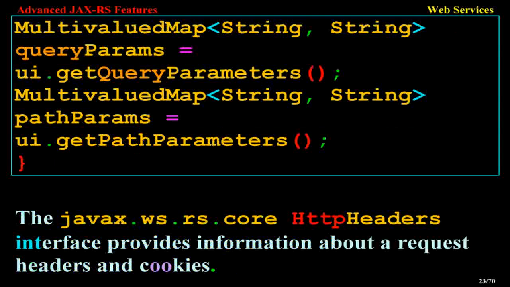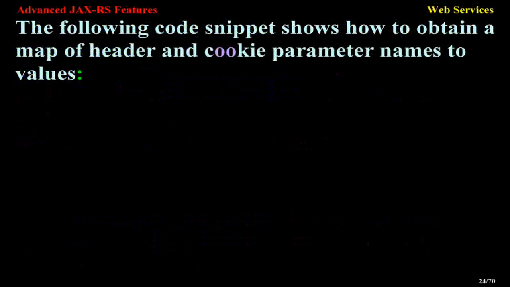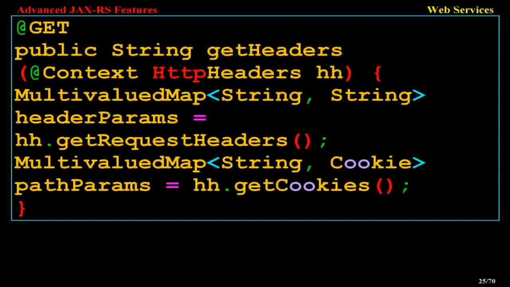The JAX-RS core HttpHeaders interface provides information about a request's headers and cookies. The following code snippet shows how to obtain a map of header and cookie parameter names to values. public String getHeaders(@Context HttpHeaders hh) { MultivaluedMap<String, String> headerParams = hh.getRequestHeaders(); MultivaluedMap<String, Cookie> pathParams = hh.getCookies(); }